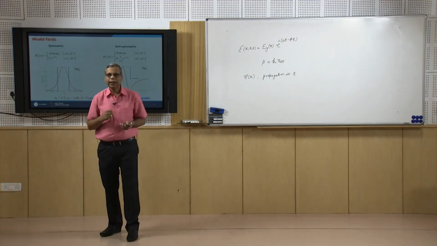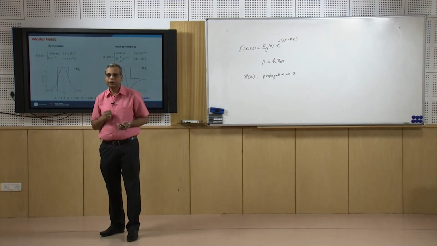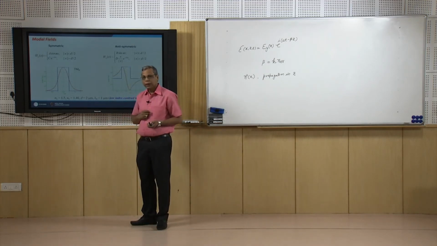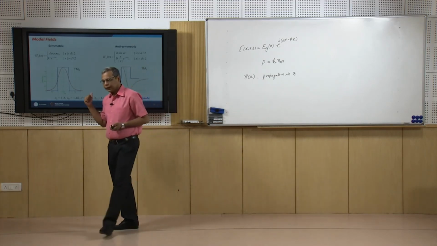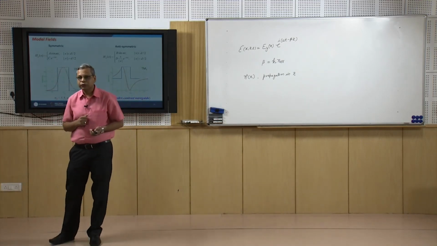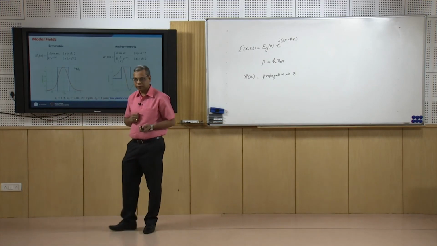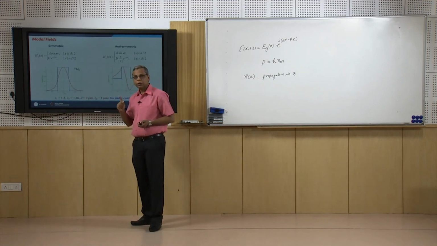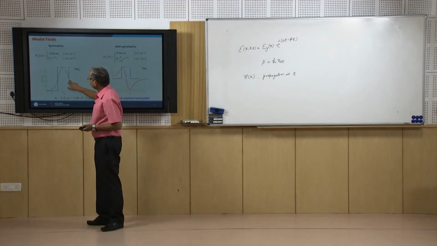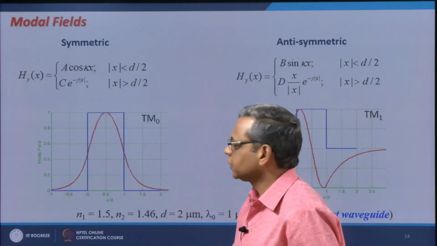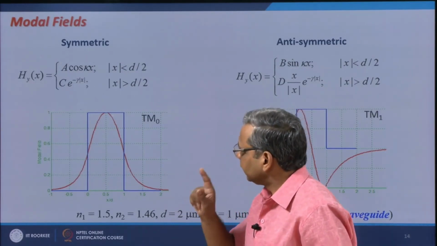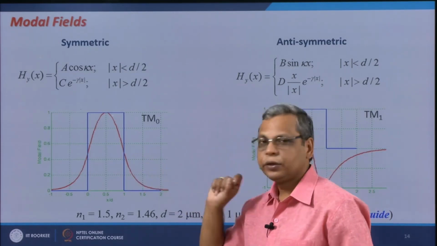So, the field as well as its slope was continuous at the boundaries x equal to plus minus d by 2. But you remember that in TM polarization, Hy and 1 over n square dHy over dx are continuous at the boundaries. So, the slope is not continuous, although here I see that the slope is also continuous at the boundary,